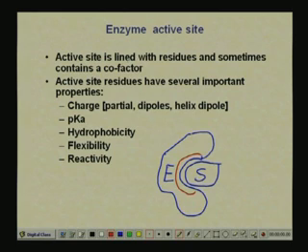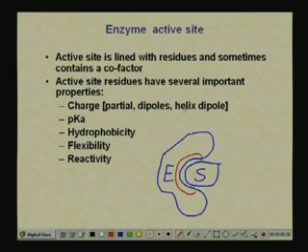So, what do we have? We have the active site that is lined with residues, and it sometimes contains a cofactor. We will see what these mean in a moment. The active site residues have several important properties. Now, this is what we have to be particularly careful about. The residues that are in the active site of enzymes have specific charges. So, the charges could be partial, you could have dipoles, you could have a helix dipole, because we have to